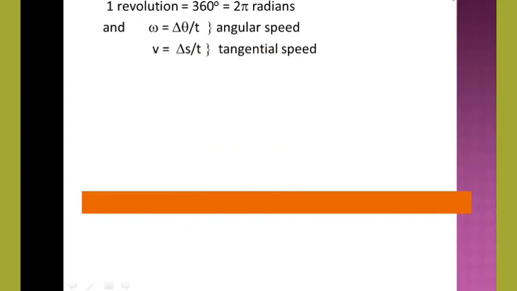This is the tangential velocity. So there is a ratio of changing linear displacement over time taken. The relation between these two velocities is given by v is equal to angular velocity times radius. So using this idea you can also change